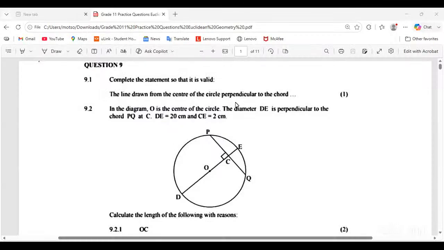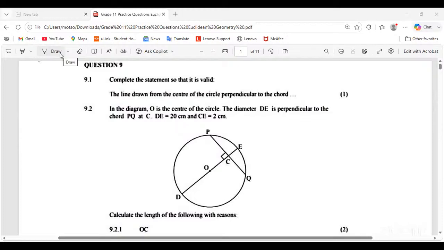Hello guys, welcome to this grade 11 Euclidean geometry lesson whereby we will be doing this practice problem. So this is my favorite topic. You guys probably know what I'm going to talk about since we will be doing this grade 11 Euclidean geometry. Of course, I will be talking about Dr. Cape Town,